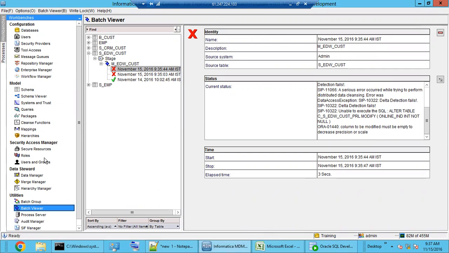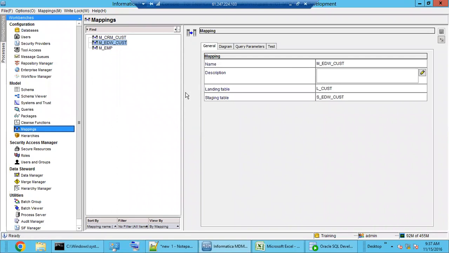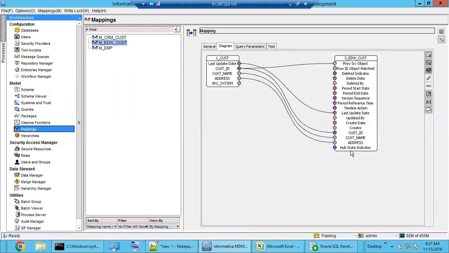Let's see in the mapping whether we can populate this online indicator column. Let's go to the mapping, the EDW cast diagram. Do we have an online indicator column here? We have state, address, customer ID. Here we don't have the online indicator column, so we cannot handle it. So what we will do,